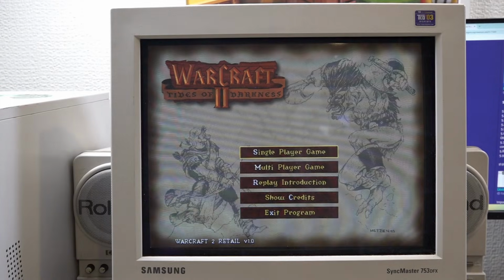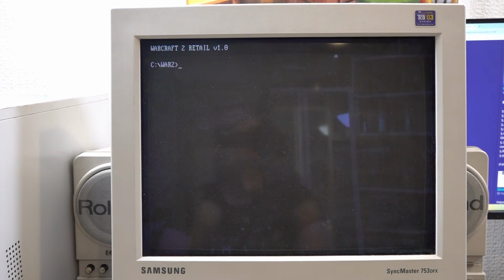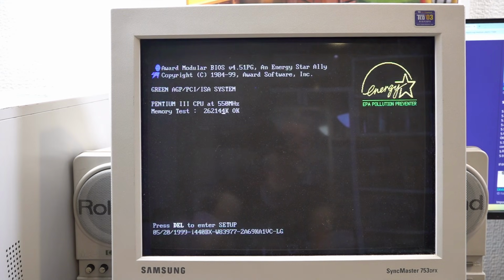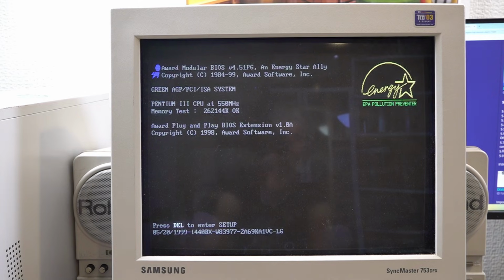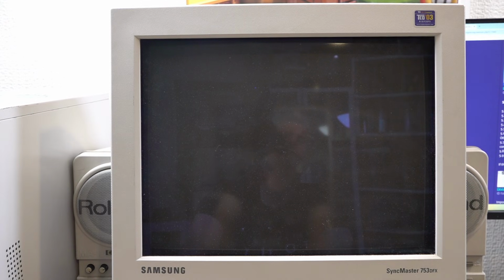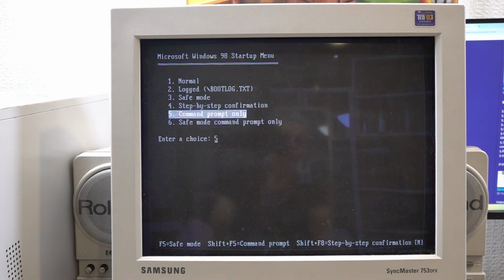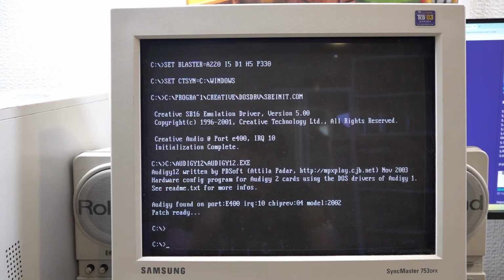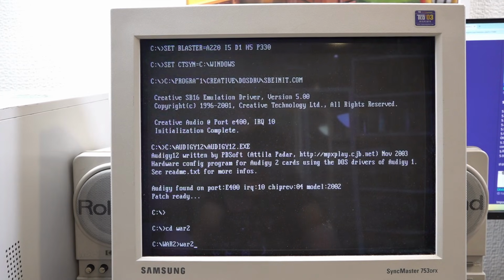Now the interesting thing for me is, I'll just exit out of that because I haven't got a mouse driver installed in DOS yet. I'll just restart. Now I'll boot straight into the command prompt, which is this one here. And you'll see that now all the Soundblaster stuff is loaded, and we'll also get that executable there that's run. And if I change the directory to War 2 and just run it directly from this command prompt,